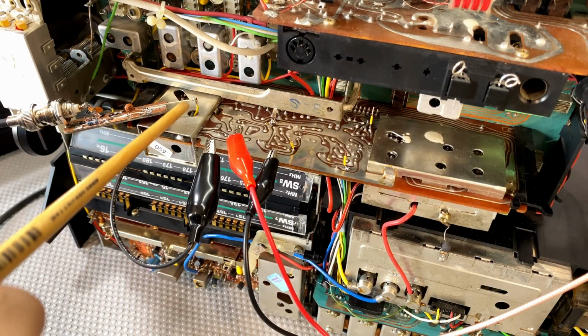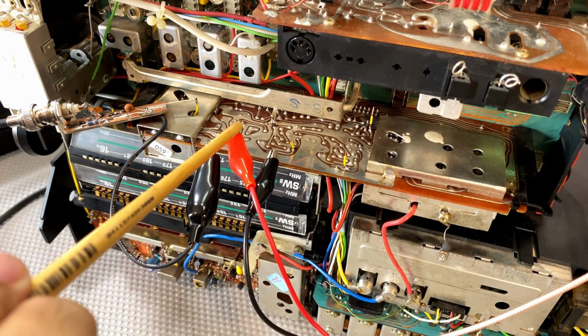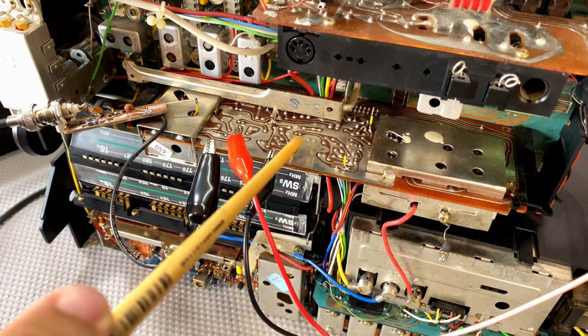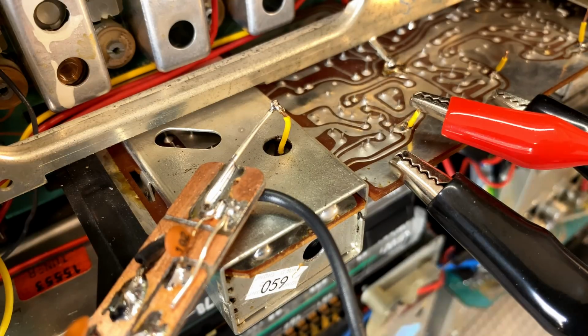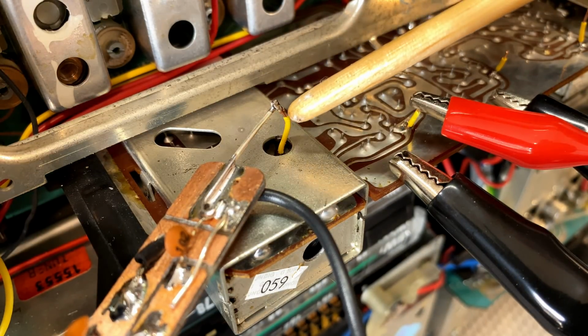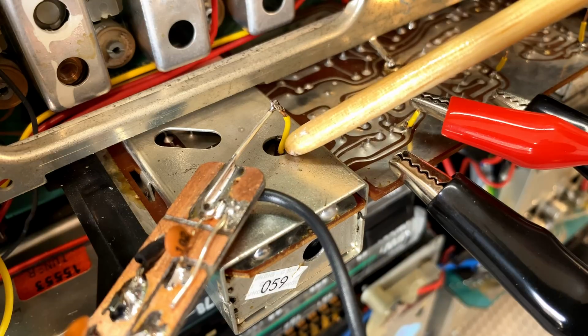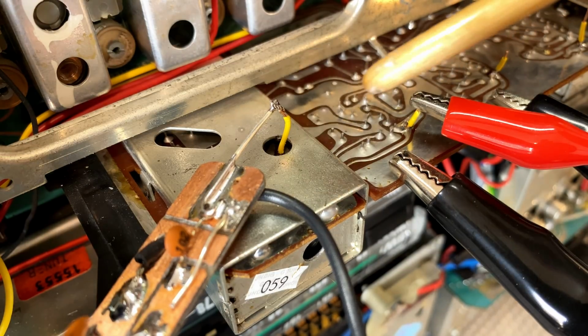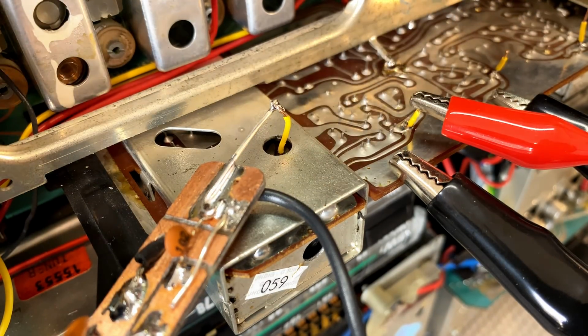Here's that IF can with measuring point 305. Here's measuring point 301, or rather 304, 303, 302, 301. As you can see, that measuring point 305 is inside the can. I looked in through the top, I shone a little torch through there, and I could actually see the shape of that pad, so I just dropped a bit of solder,